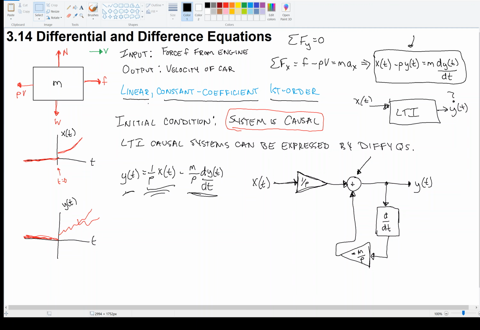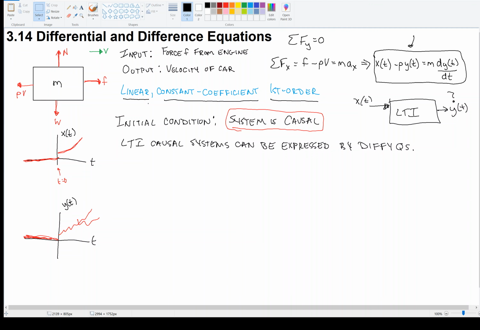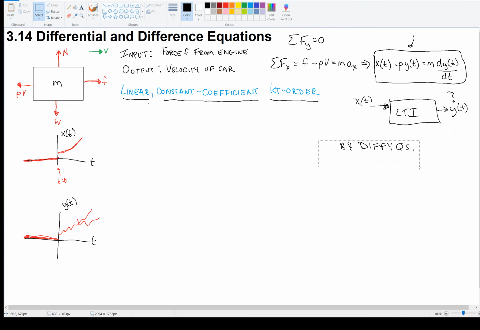Okay, so I'm going to erase some of this. And now I just want to generalize what we've seen here. This was a first order differential equation, linear constant coefficient. In general, we can have any order on the output. This is A. Sorry about that. This is A. This is D. This is the kth order derivative on y